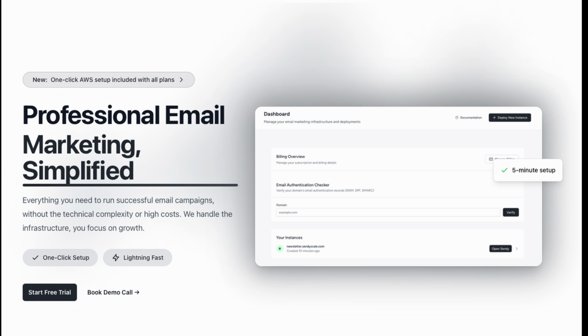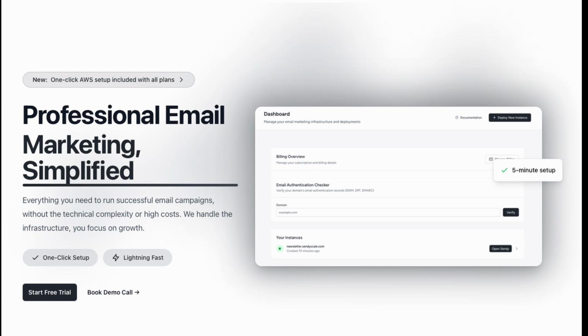Speaking of caring about the subscriber experience, SendyScale offers a housekeeping feature that helps you clean up unconfirmed email addresses from double opt-in signups or inactive subscribers who haven't engaged with your emails in a while. Yeah, list hygiene is so important. It is. It keeps your list clean and improves your sender reputation with email providers. Right. It's great to see SendyScale offering a tool to help with this often tedious task. Yeah, absolutely. And to top it all off,